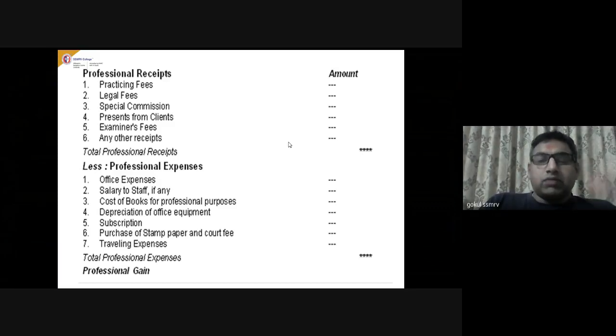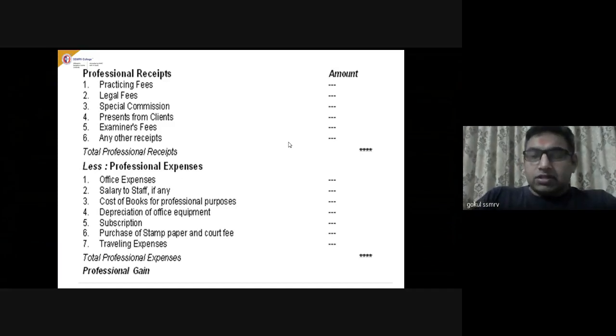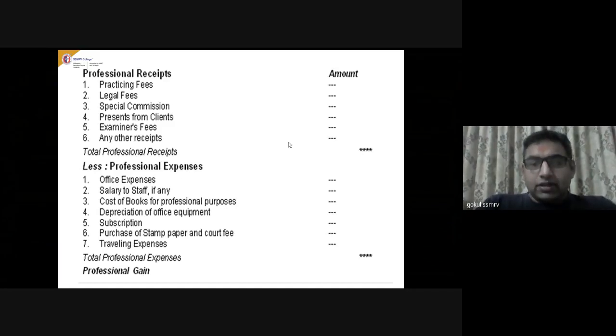accountants. So, as far as the pro forma of professional receipts or professional income of an advocate is concerned, this is how the pro forma looks. Unlike your business income, professional income is very easy. The professional income is nothing but the difference between your professional receipts and your professional expenditure. So all you have to do is put some logic into what could be the professional receipts for a lawyer and what could be his professional expenses. If you could understand that, and if you could reduce the receipts from the expenses, then what you get is